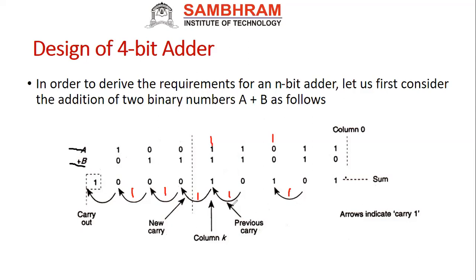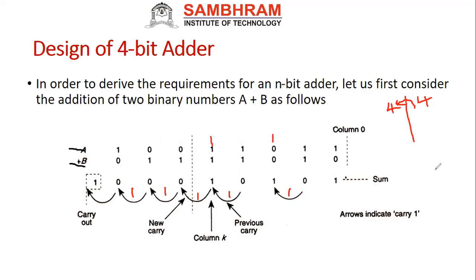But you can see from here to here, this indicates the previous carry for the column K. Now when you have an 8-bit number, for example, I can divide it into 4-bit and 4-bit. Now I will add the 4-bit numbers here. After that, what will happen? It will generate here one more carry. That is what they called a new carry. What I said, this is your previous carry. This is the new carry.